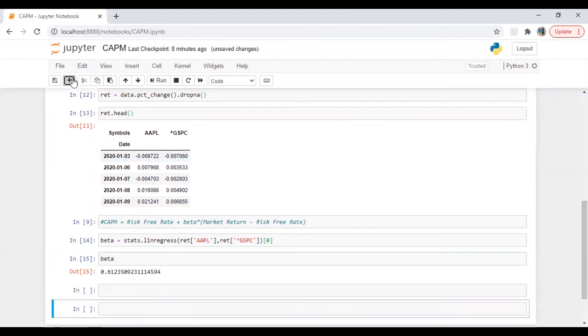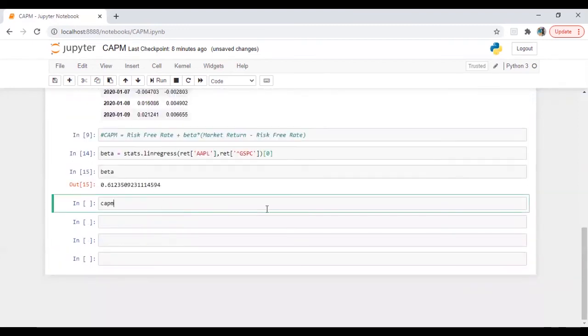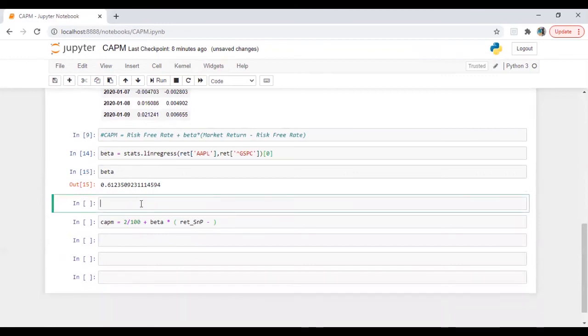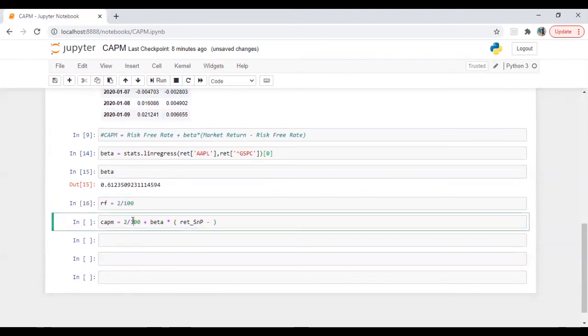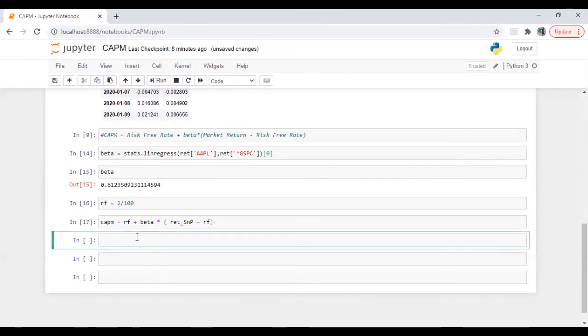Okay, so now I'm going to calculate CAPM. So CAPM is equal to risk-free rate. I'm going to take 2%, let's say 2 divided by 100, plus we have beta into return of S&P minus, in fact, what we can do, we can put risk-free rate, it will look more decent. 2 divided by 100, let's run this, and then I'm going to put risk-free rate here and risk-free rate here. Let's run this and see